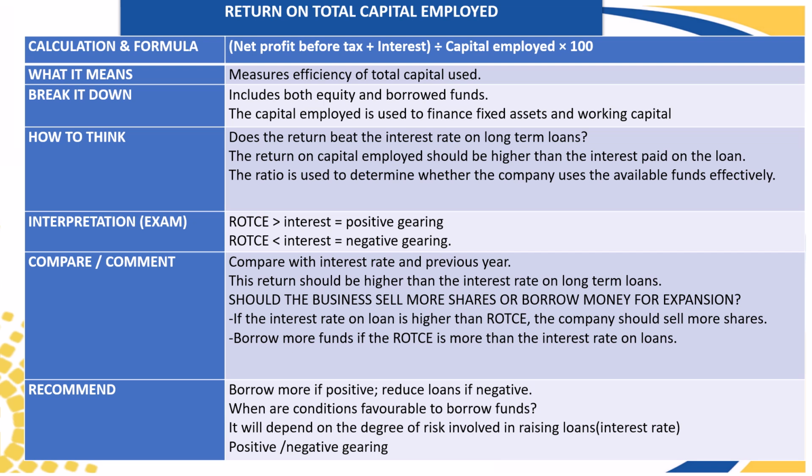An easy way to remember this is when you are in reverse with your car, you move backwards. So now if your return on your total capital employed is less than your interest rate, you are moving backwards. So you have a negative gearing. But if you earn 15% and your interest rate was 10%, then you are moving forward. You made good use of the loan. So that loan put your business in a better position than it was before the loan.